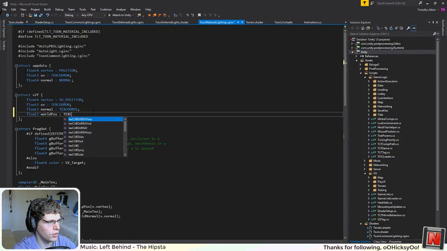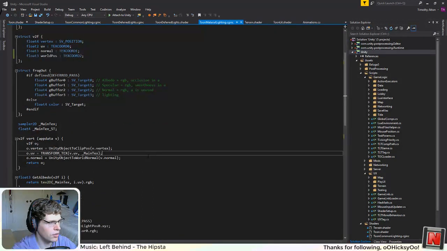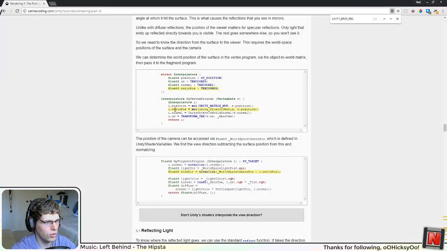And again, we'll just store it in texcoord 2. And to get the world position, we need to multiply this vertex by, I think it's called like Unity MVP matrix, and it's basically the local to world position. I think they have a macro for that, which,